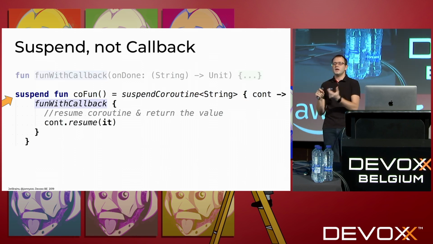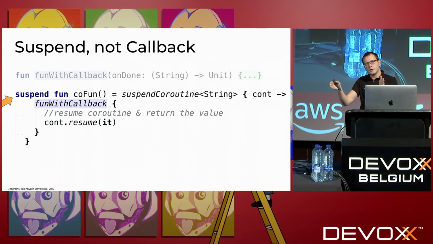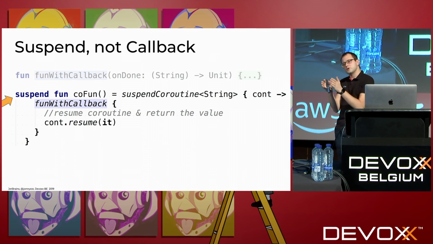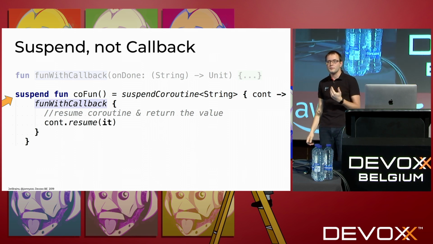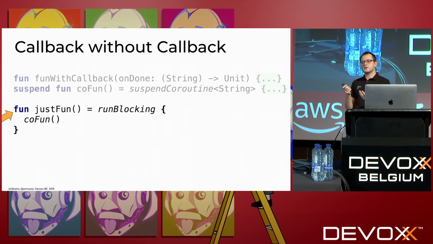This is a standard library function, suspend coroutine. This is a tricky function which takes the call stack, and it allows you to replace this call stack with a callback. So once you go through, you say, okay, I'm done here, and you have a callback to resume the computation from that point. The time between when you're done and when you call the callback is free, so a thread is able to do whatever it likes. It's not forced to wait for you to resume. And then you subscribe to that one, and you call resume to continue the execution back. So these are the solutions.